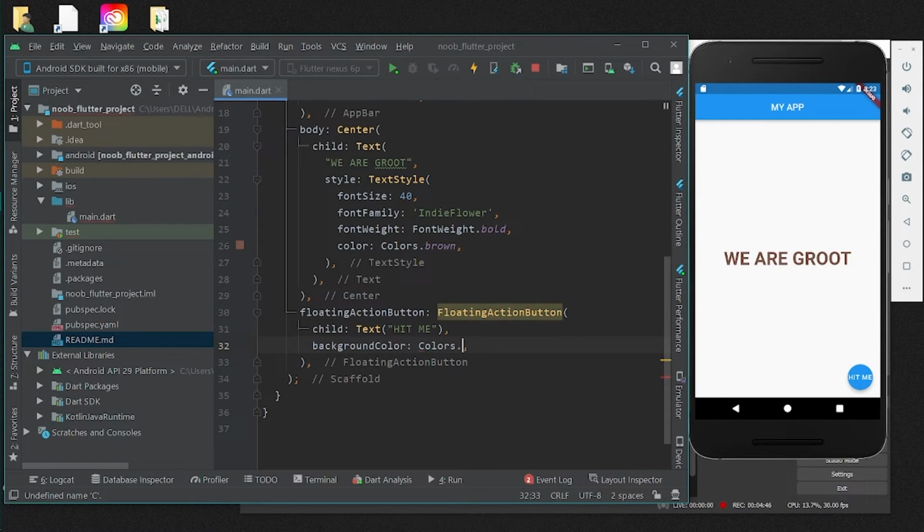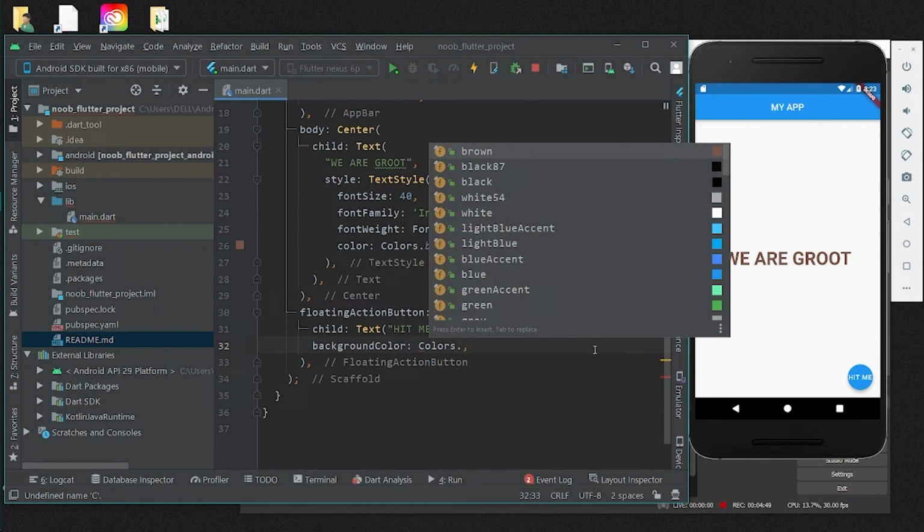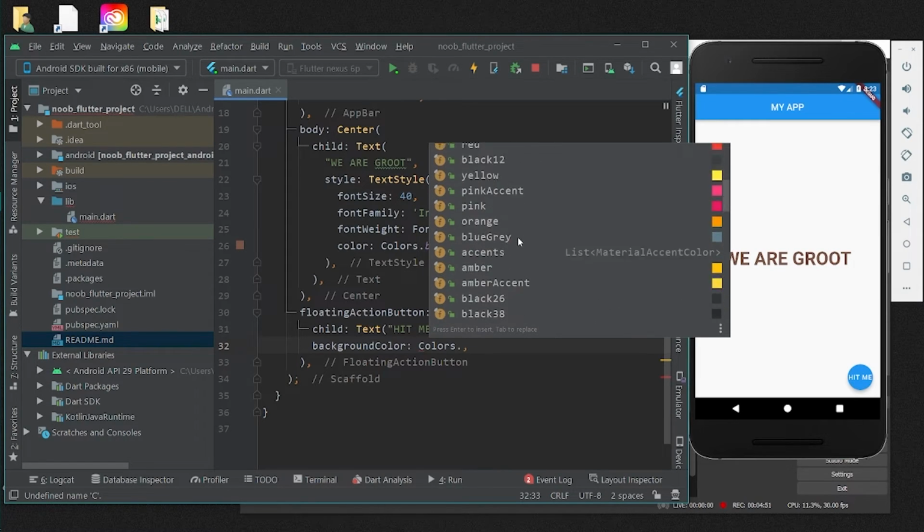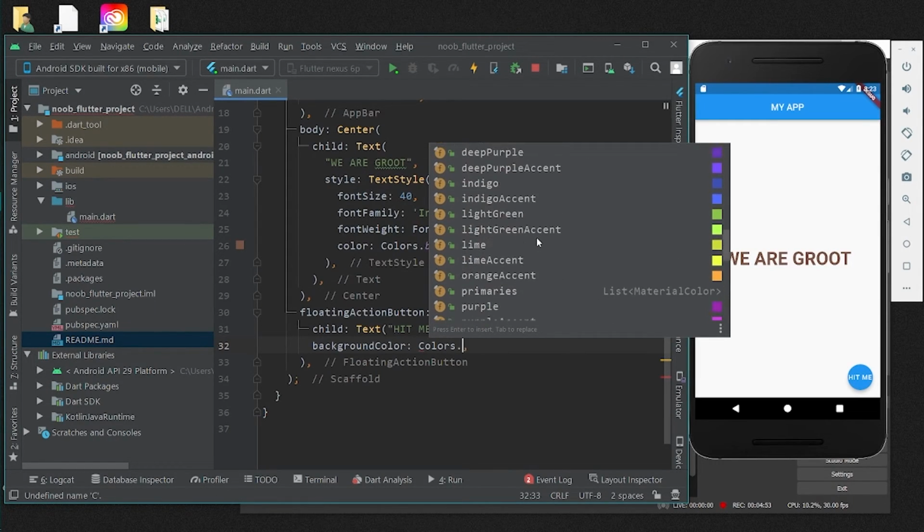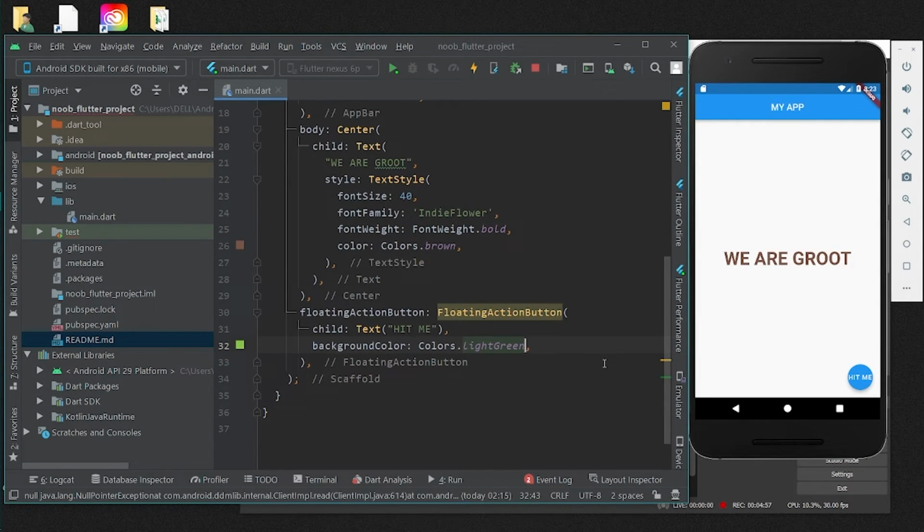This time I'll use light green. So many options are there, I always get confused. Fine, and when I hit save,